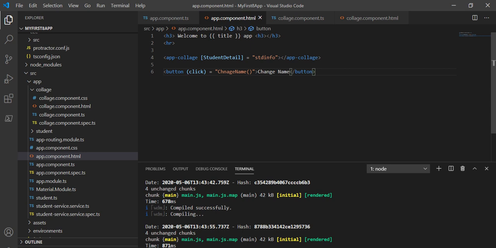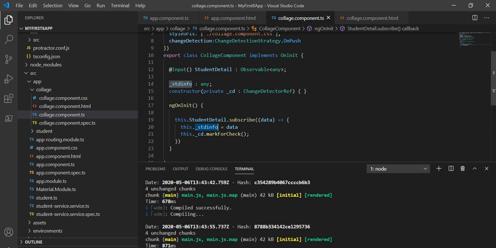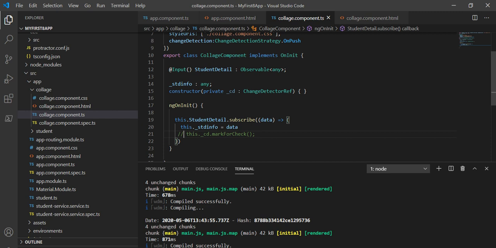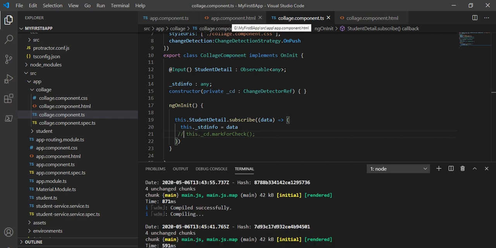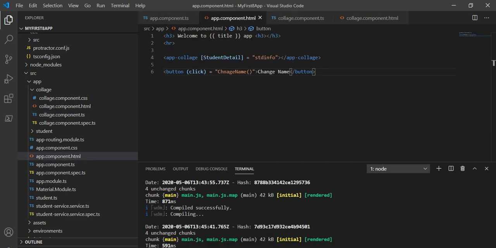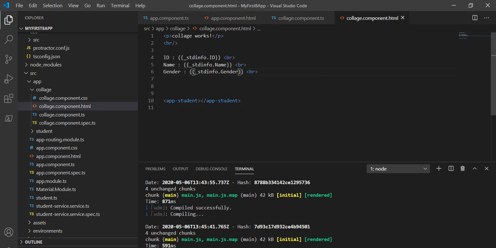Now we can achieve this using the async pipe. What I'm trying to say is, instead of this mark for check, we can use async. So let's comment it first, and instead of this, in this college component HTML, we will use async.